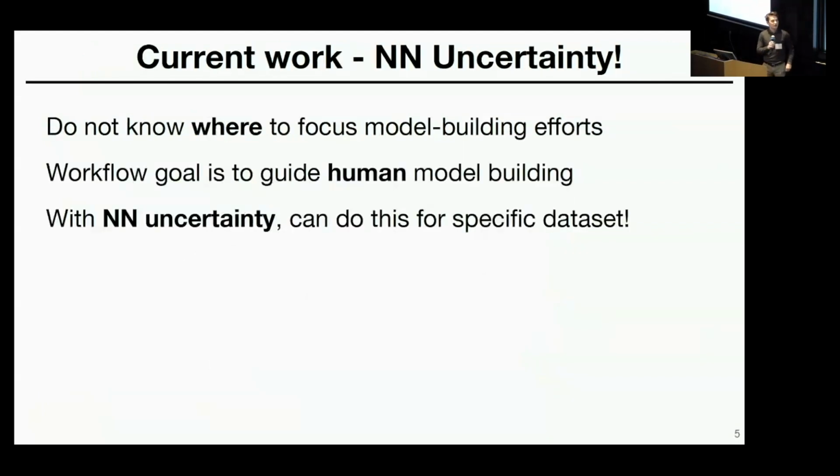But the kind of end goal of this project is just to give you a different view of what the data is telling you. And when you have this reconstructed neural network, you also want some sort of uncertainty quantification. And then if you're a model builder, you can take this neural network with uncertainty quantification in the ODE and then just try and spend more or less effort in regions where the uncertainty is high or low for that particular data set. You look at multiple different data sets. And I think this will be increasingly important as we go to more precise data sets in the future.